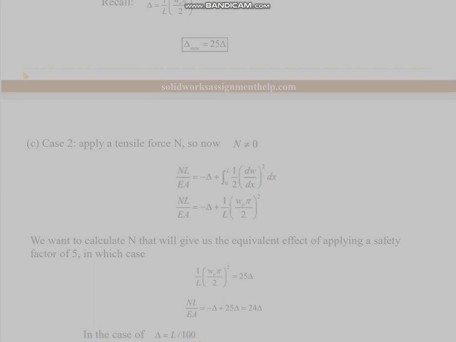B. Case 1, increase the overhang to meet a safety factor of 5. Recall. C. Case 2, apply a tensile force N. So now we want to calculate N, and that will give us the equivalent effect of applying a safety factor of 5, in which case? In the case of